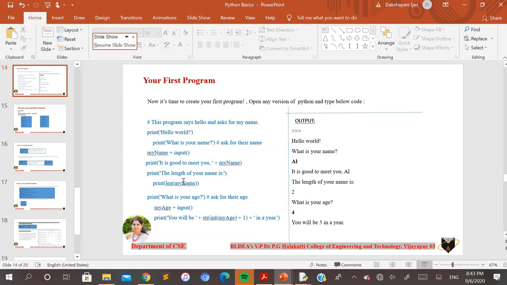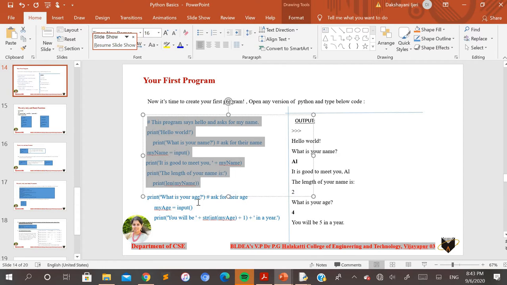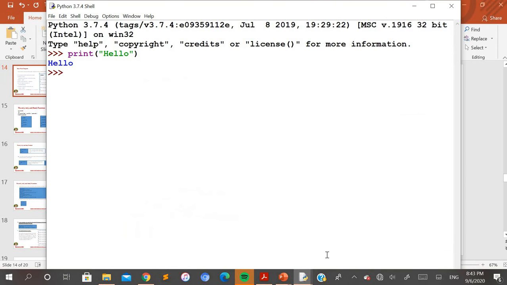First I'll copy this. How do you create a file, or how can you go about creating a Python script? In this class, I will tell you both ways, the traditional method and the shortcut keys as well.